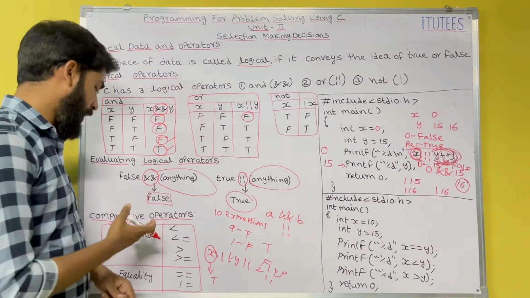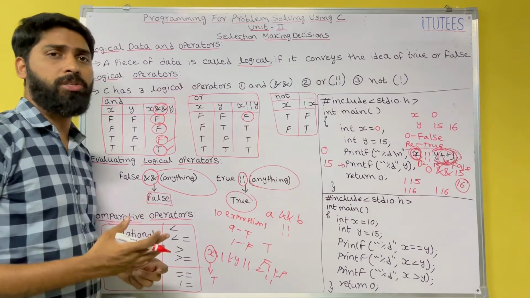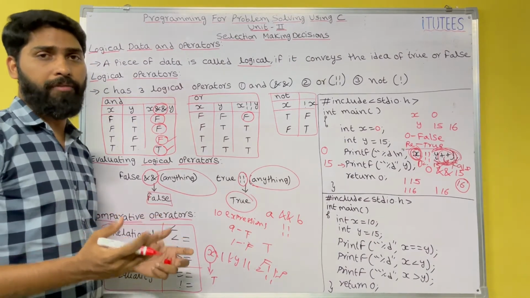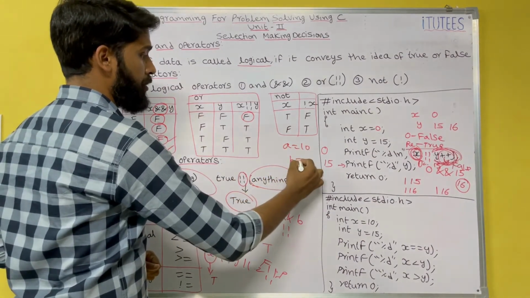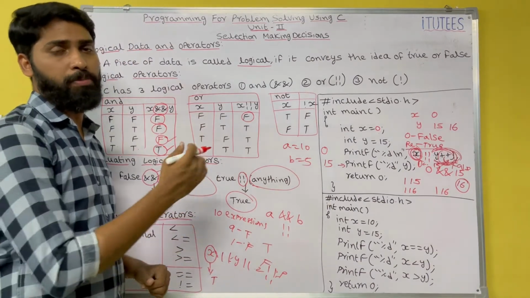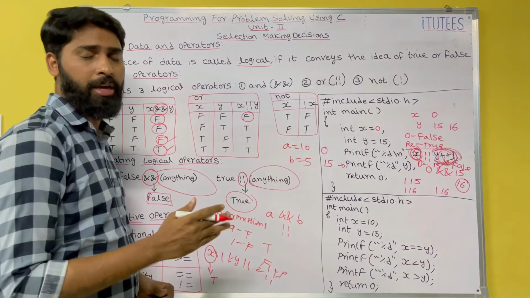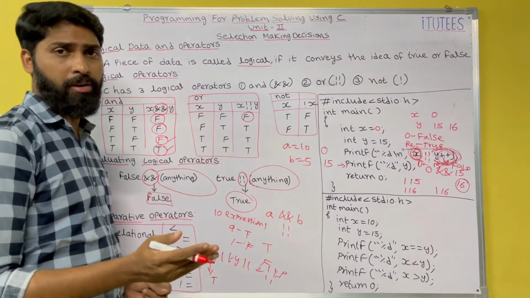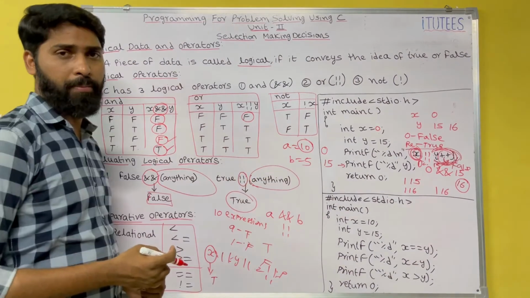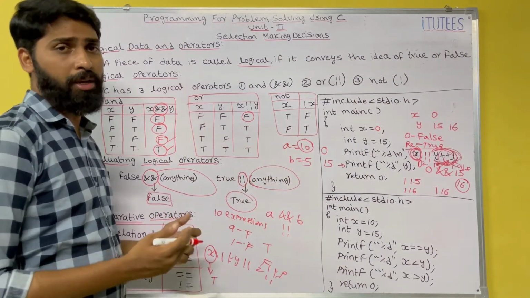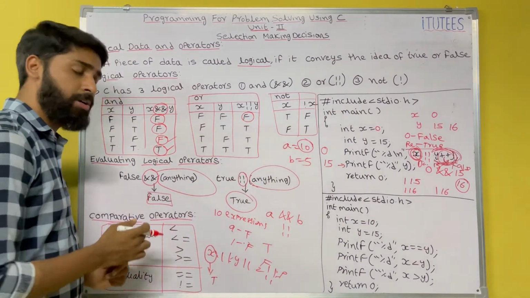Now we see comparative operators. Comparative operators are operators you use to compare variables. For example, I say a equals 10, b equals 5. Which one is the bigger number? In your mind you compare these two values, 10 and 5. 10 greater than 5, yes, so it returns true. So you say 10 is the bigger number. Similarly, how can the system handle this situation? By using these comparative operators.